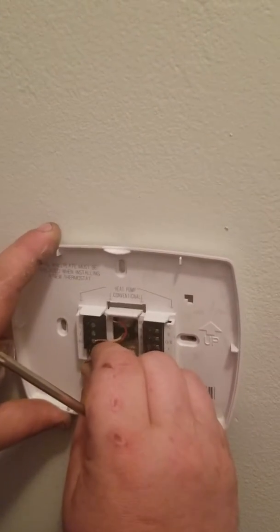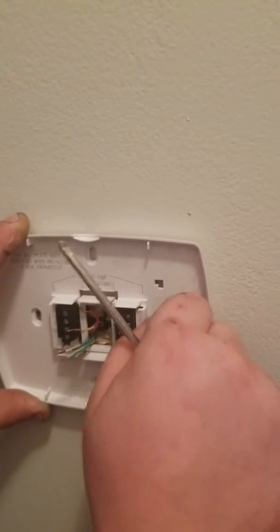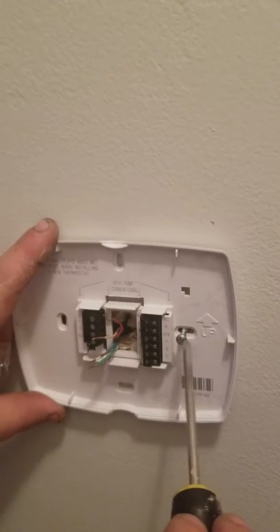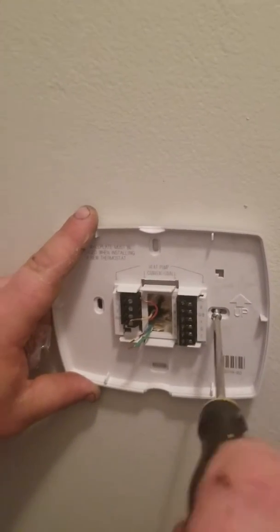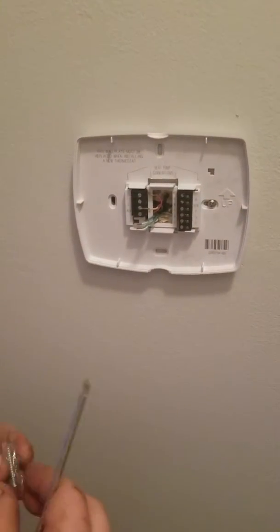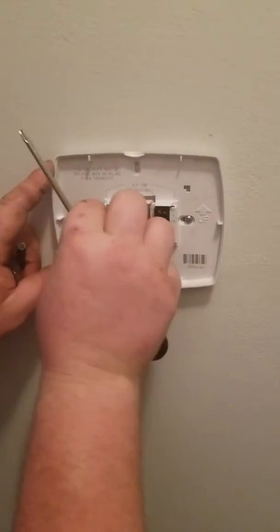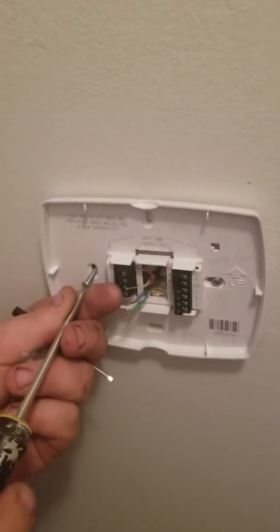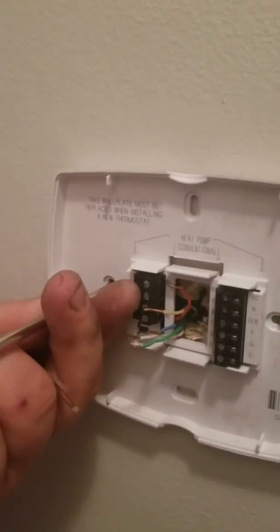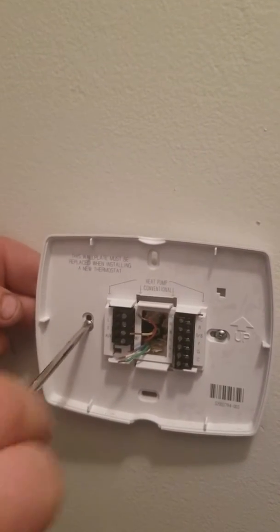Okay, and it always has on the back of the thermostat, most of them have been up, so you can kind of know which way so you don't have to take it apart. So then we mount this volt here. Take our second driver. Make sure you get it in the hole, of course. That anchor is a little loose, so